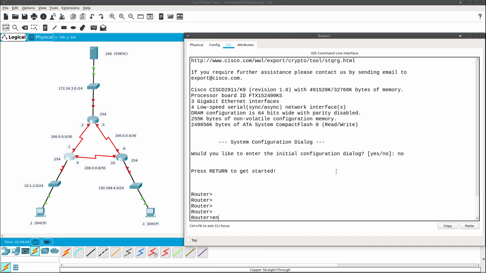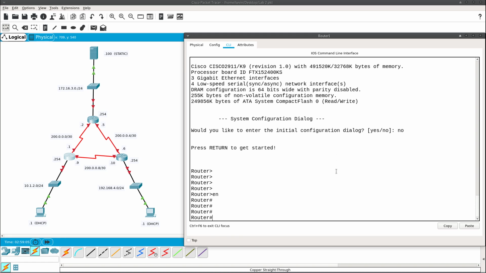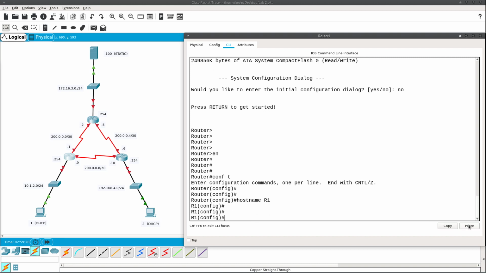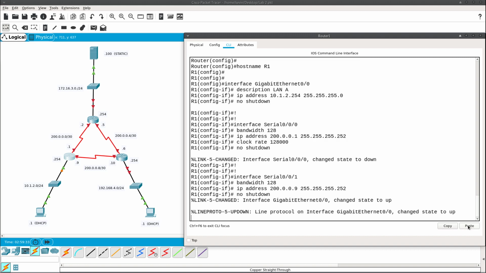We'll type enable, which we can shorten to EN. Enable gets us from user exec mode to privileged exec mode. We'll type conf t, short for configure terminal, which will drop us into global configuration mode. At this point I will give the router a host name, and the host name I will give it will be R1. Makes sense because it's router 1. And then we'll go into the interfaces and do the configuration on the LAN interface and both serial interfaces for our wide area networks. By the magic of copy and paste,